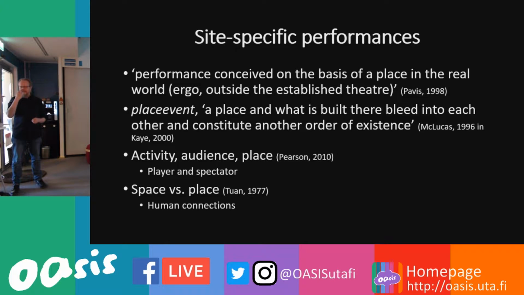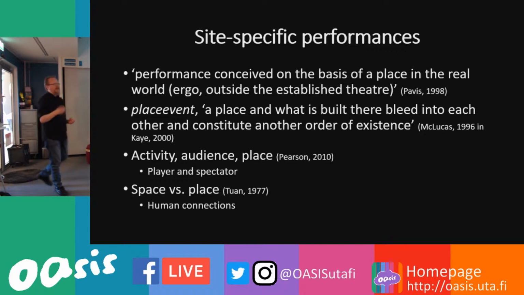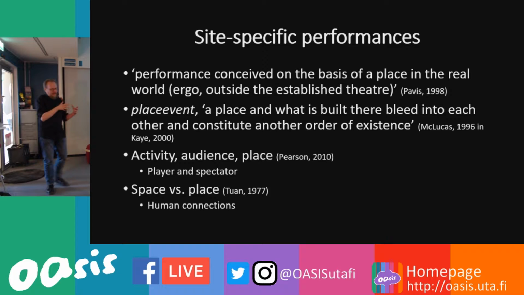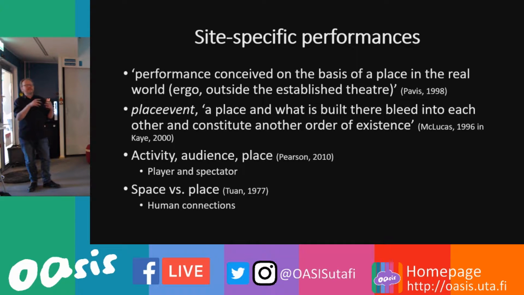And then there is the difference between the activity, the audience, and the place, so the difference between the player and the spectator in site-specific performances. This can be hijacked into analyzing the sense of place, especially in Red Dead Redemption 2 and other heavily narrative-based games, where you are switching between being a player and being a spectator, like during cutscenes. And the last one comes from Tuan, who is a human geographer: